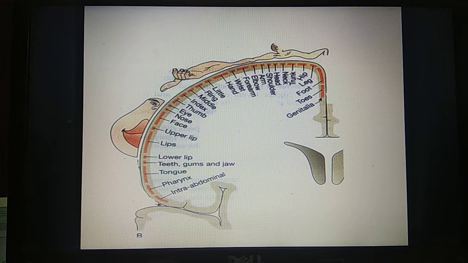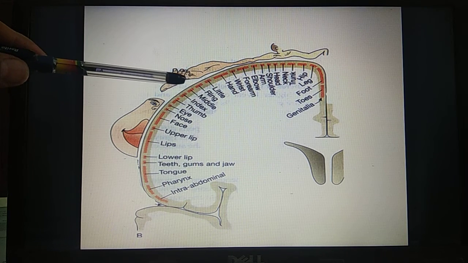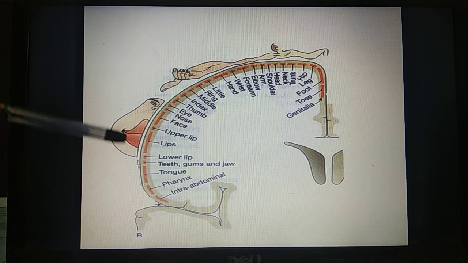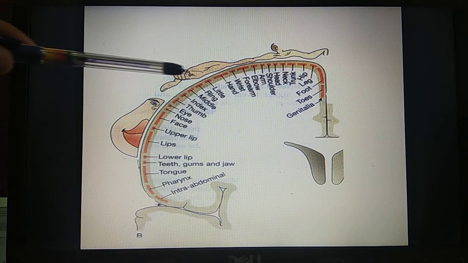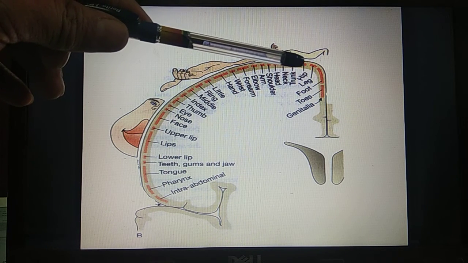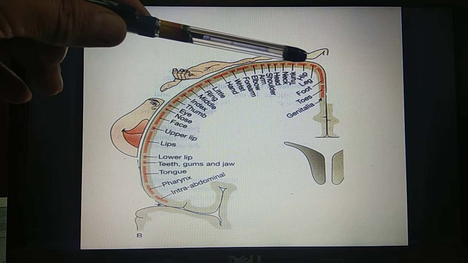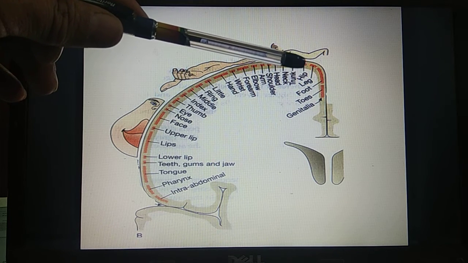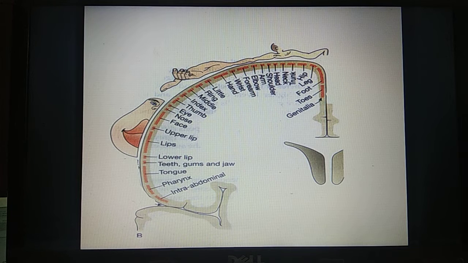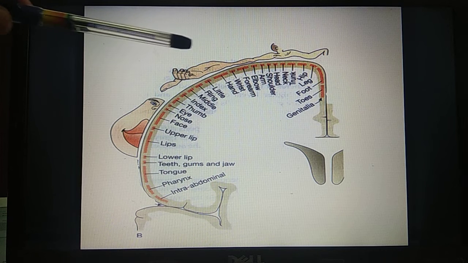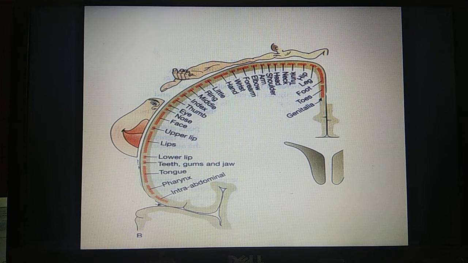But the difference is that it is in proportion with the specialty of function. So these parts of the body have very skillful activity, like lips and fingers, so they have a major representation here. And in this part of the body, you can see the trunk, back. Even though it is very big, the area given is very small. You can see the trunk area, hip area, leg area. So the part of the body which performs a crude action has a small area, and the part of the body which has a fine action has a big area. So this is called the sensory homunculus. So the whole body is represented there. All the fibers arising from the thalamus go to the respective areas at their destinations.